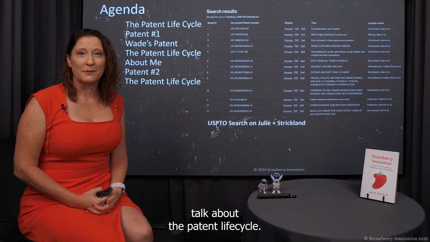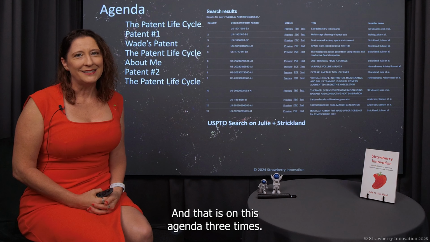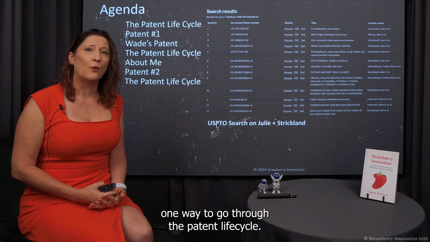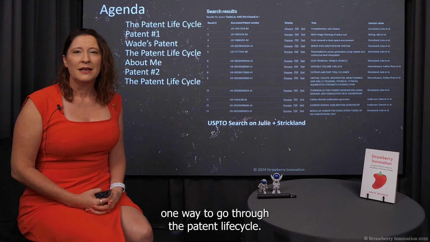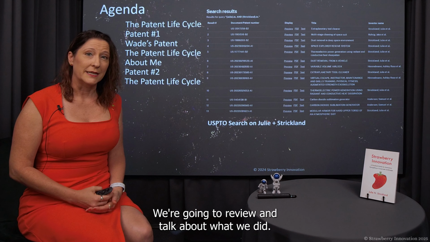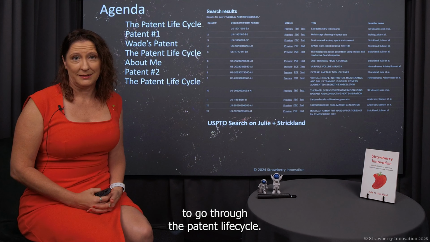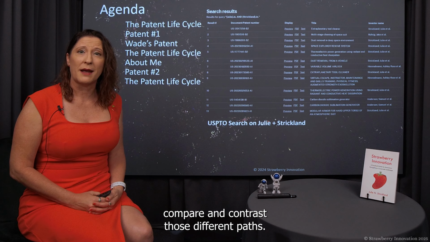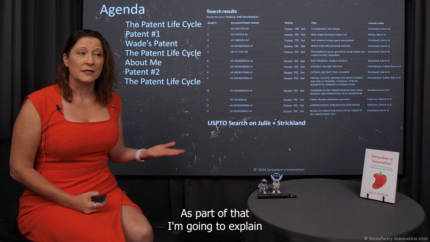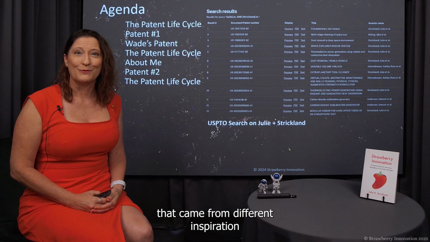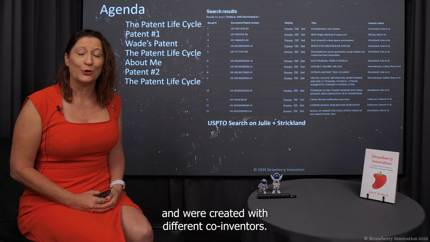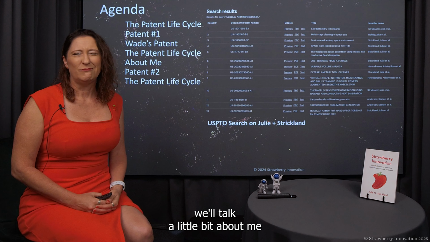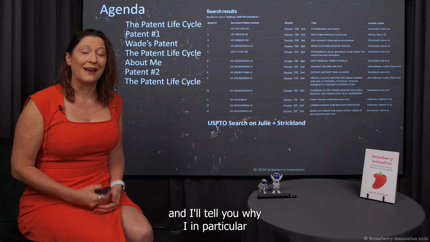So first, we're going to talk about the patent life cycle, and that is on this agenda 3 times, and that's on purpose. We're going to talk about one way to go through the patent life cycle. We're going to review and talk about what we did, and then we're going to talk about a different way to go through the patent life cycle. And then we're going to compare and contrast those different paths. As part of that, I'm going to explain a couple of patents to you that came from different inspiration and were created with different co-inventors. And somewhere in the middle, we'll talk a little bit about me, and I'll tell you why I, in particular,